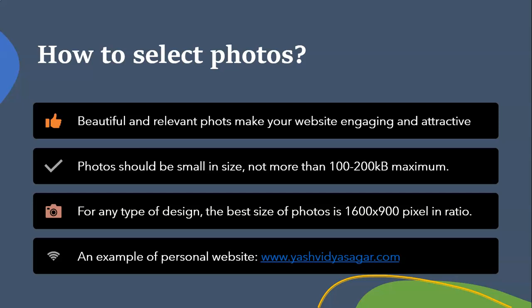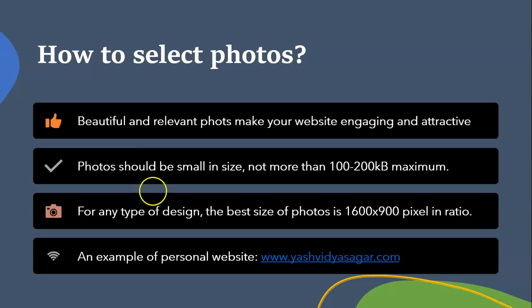And if the website becomes slow, then naturally the visitor doesn't stop at your website, and he leaves that website. So the bouncing rate of your website increases, and if the bouncing rate increases, then Google ignores your website. So we shall explain and guide you how to use particular photos with engaging and attractive content.